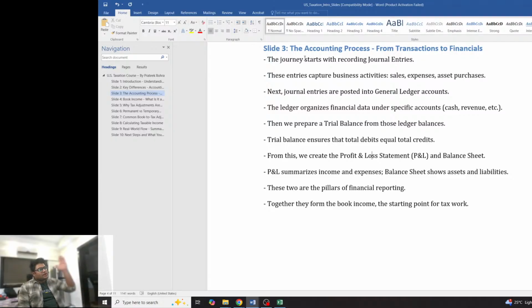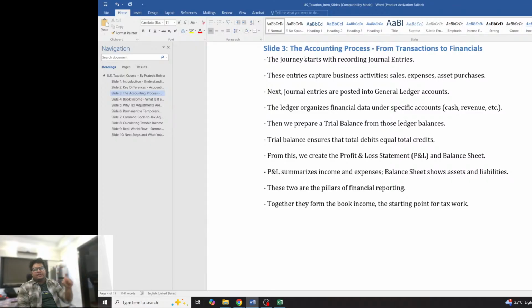Why is that? Because the trial balance consists of both P&L and balance sheet, and at the end of the year, when we talk about the P&L plus balance sheet, the net result always remains zero. And how does that happen? Assets plus liabilities plus shareholder equity always comes to zero. Now, from the trial balance, we can classify the accounts into P&L and into balance sheet. Profit and loss statement is called P&L.